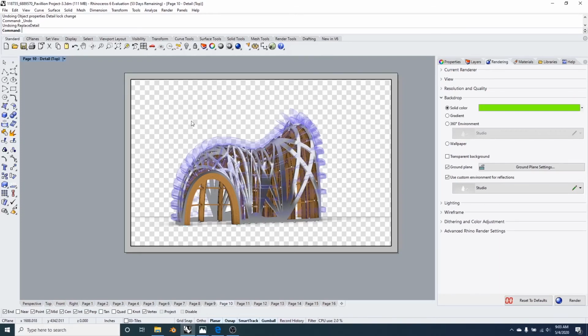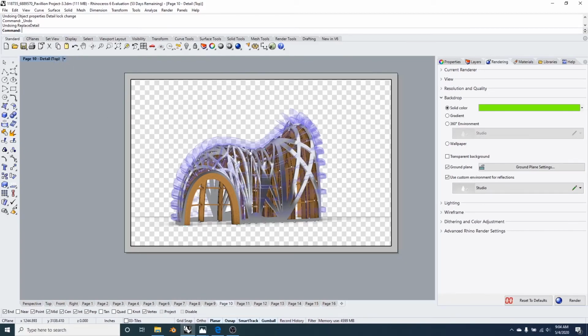But the problem is that if you start with a top view in the model and then just rotate it into a perspective, it's going to keep the settings of a top view. What I mean is, as you can see up here in the viewport name, it says page 10, which is the page that we're on. It says detail, which is we're inside the detail, and then it says top. Even though it's a perspective view, it was started with the top